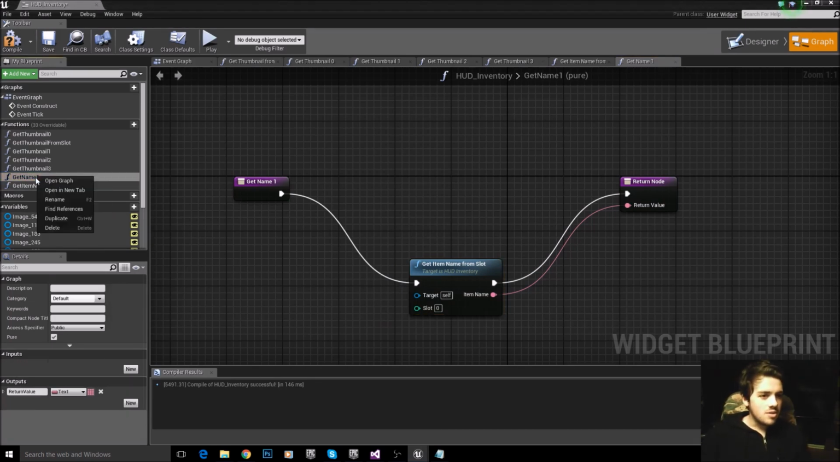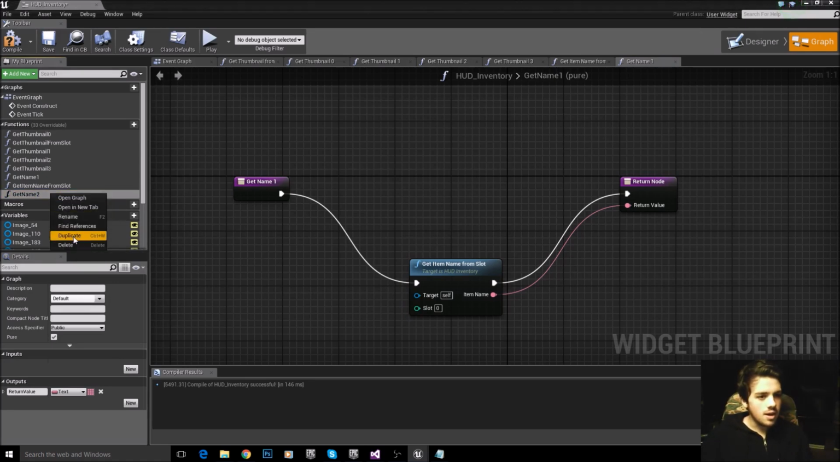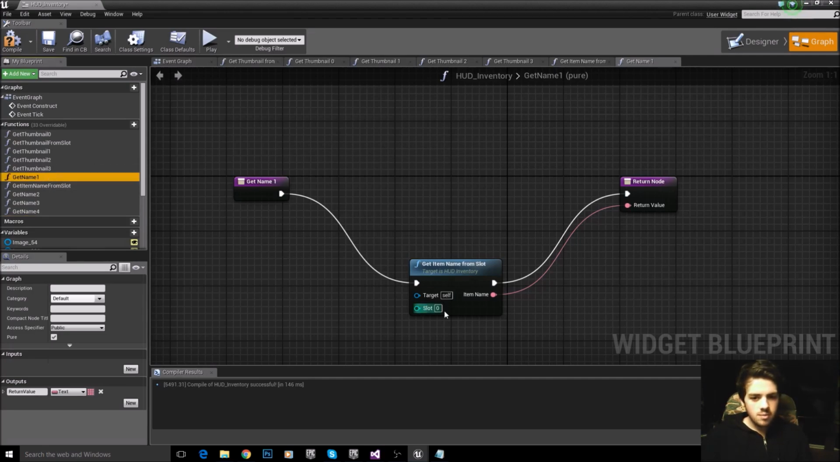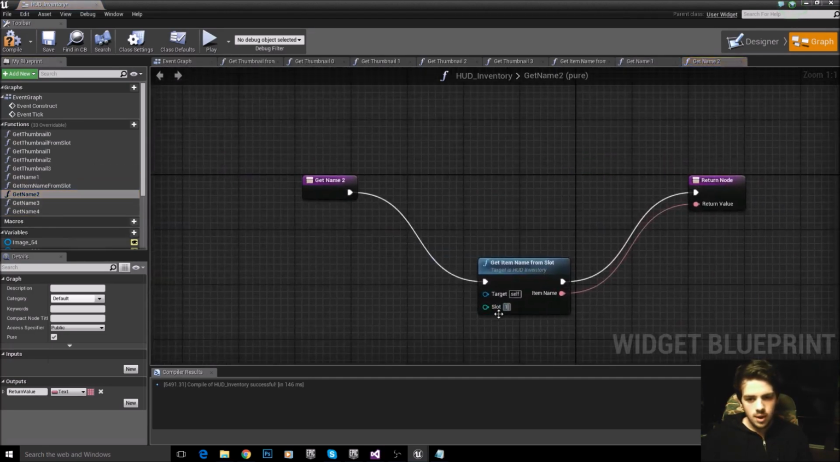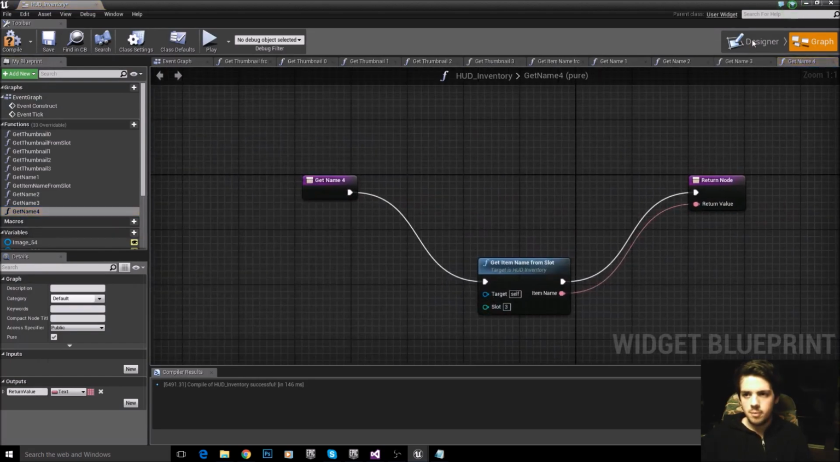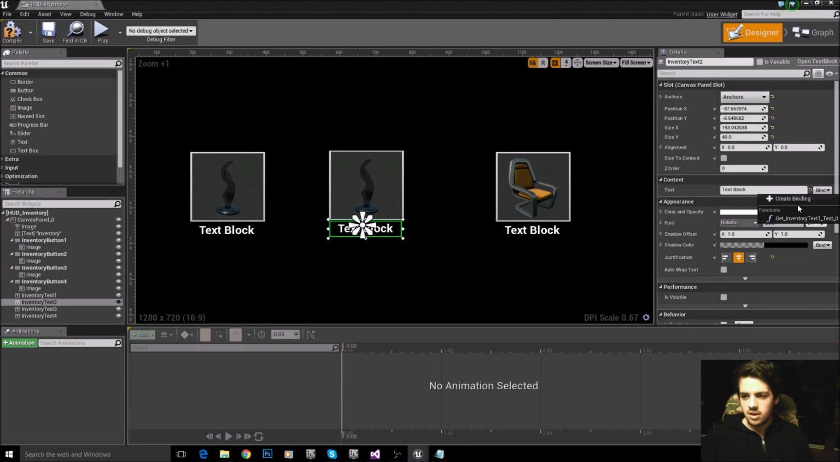Now we're going to make this a little bit faster actually. I forgot that we could do this. Just going to use the right click and hit duplicate. So this is the first one, slot 0. Second one, we use slot 1. Third one, slot 2. Fourth one, slot 3. Cool. Go back to the designer. On text block number 1, it's bound to get name 1. On text box number 2, we need it to be bound to